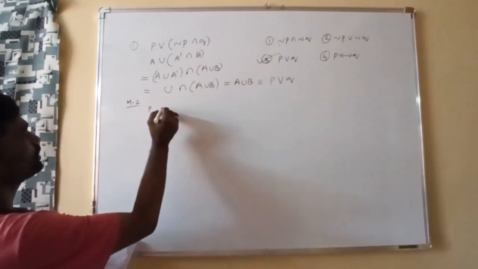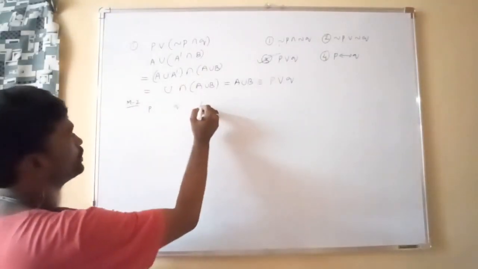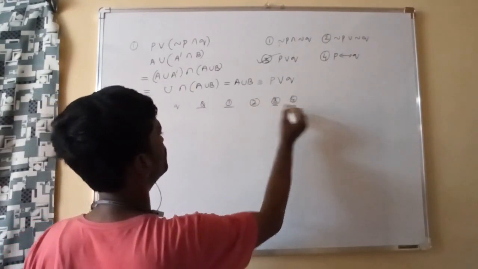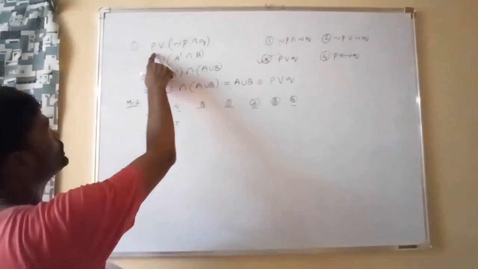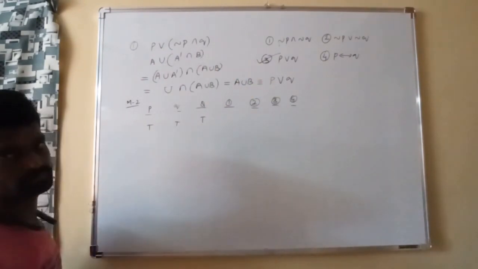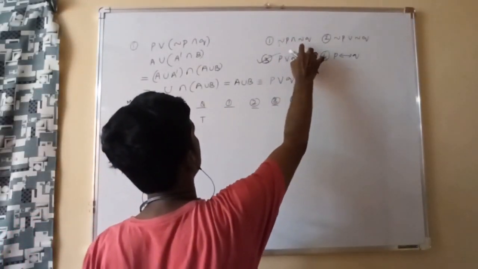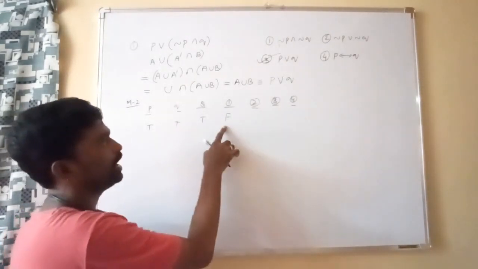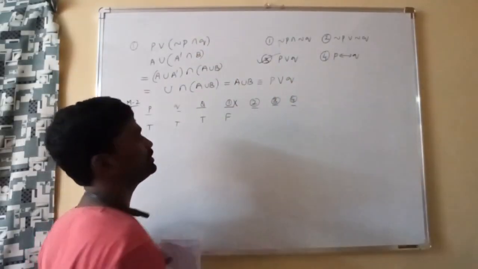So what are the logical components in this question? P and Q, and this is the question, and first option, second option, third option and fourth option. Suppose I take both P and Q as true and true, the question becomes true, because the symbol is "or", so if it is false or true also, you will get true. Next, the first option: negation P and negation Q, false and false is false. So the question is giving true in this case, but the first option gives false. So the question cannot be equal to the first option.